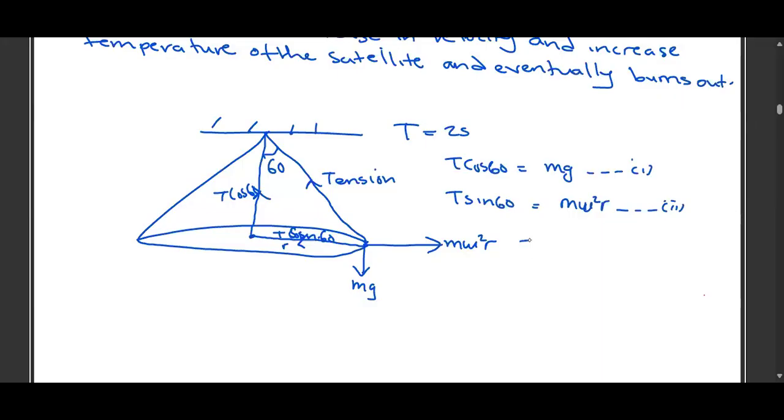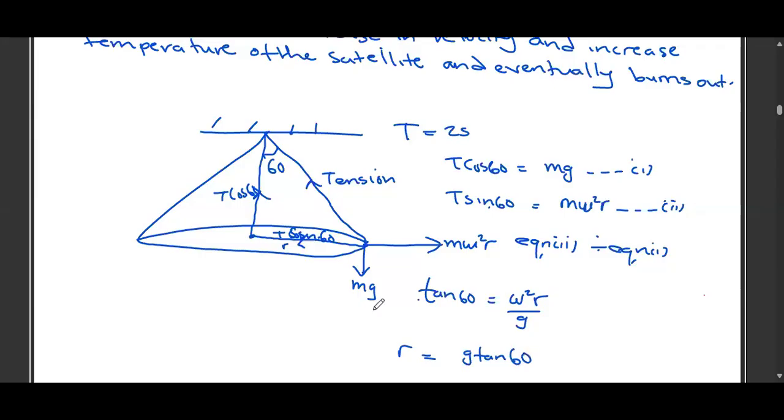Now, if you say equation 2 divided by equation 1, we shall have this one divided by this. It will give us this and this. We shall come up with tan 60. This divided by this, it will give us omega squared r divided by g, whereby our r is going to equal g tan of 60